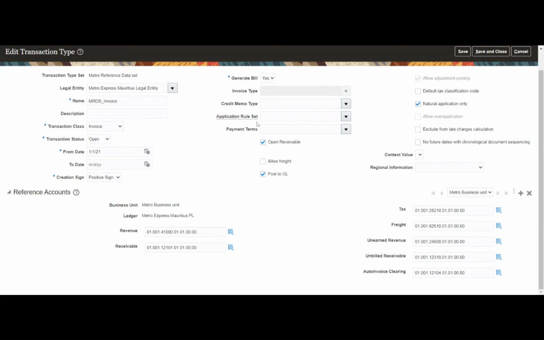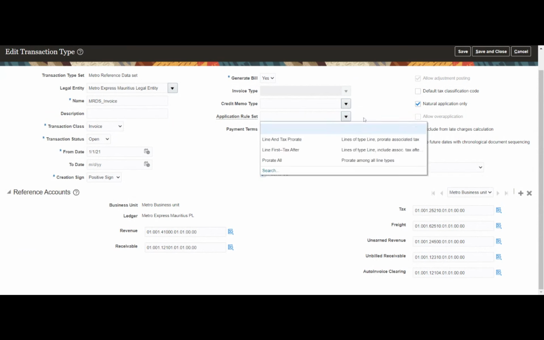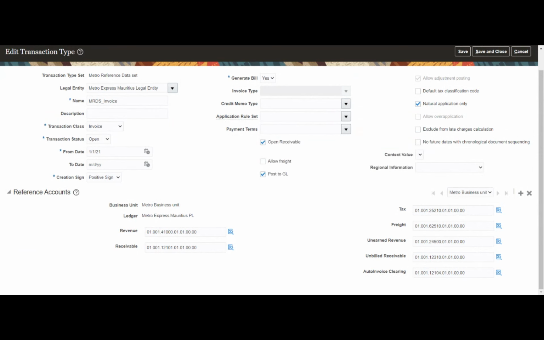And then we have the application rule set. Basically, the application rule set is how we want to apply our receivable amount. Whether I want to use equal amount distribution, or deduct first from the line and then tax after, or distribute equally, which means line and tax equally. We can give this at multiple levels.